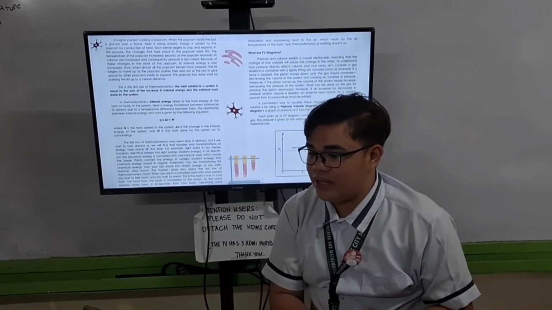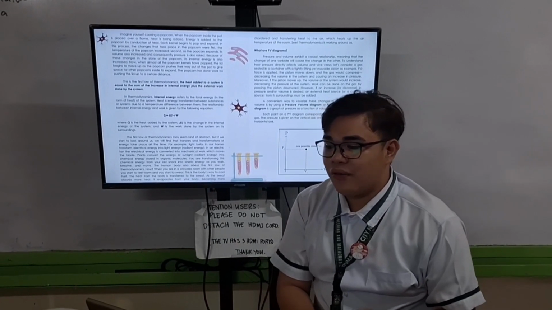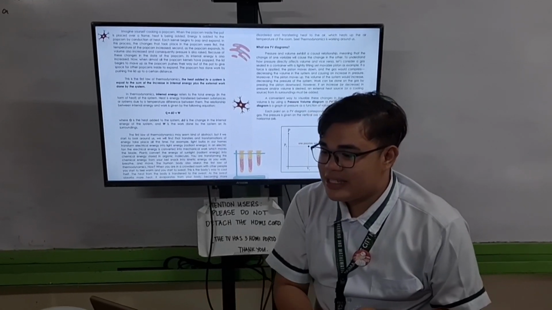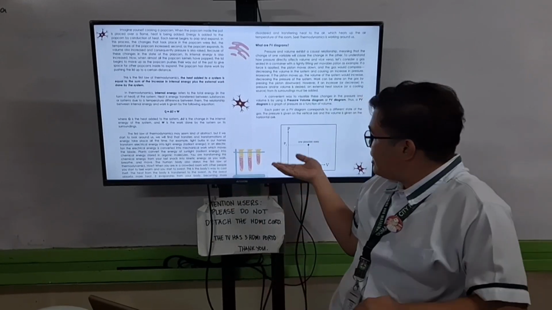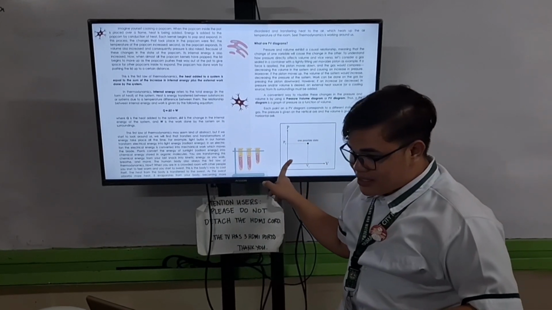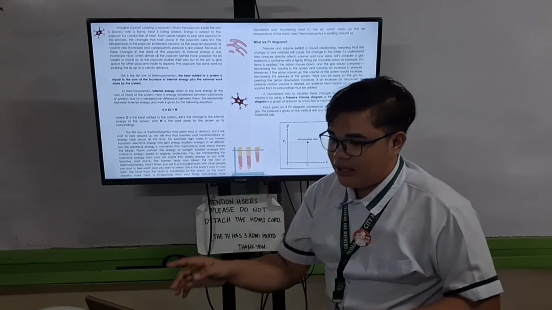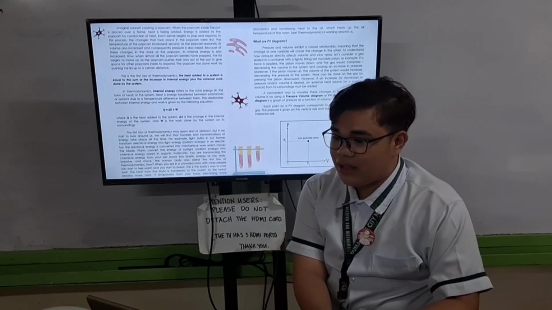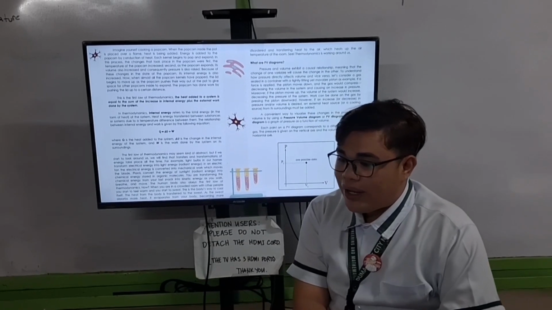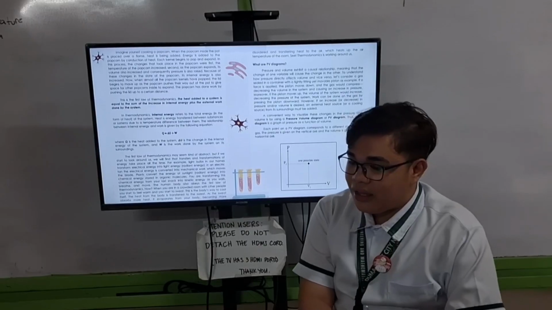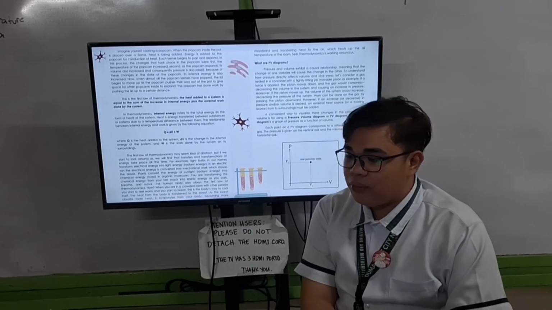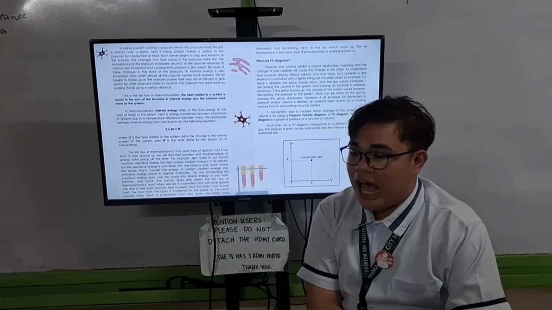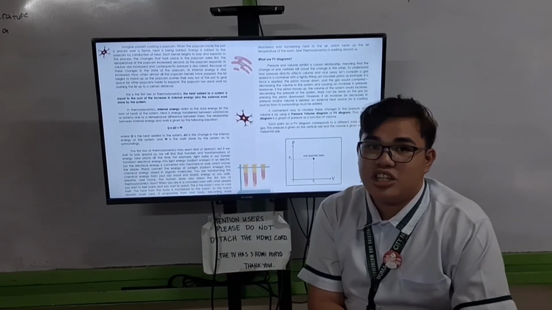And now, let's go to what a PV diagram is. In a PV diagram, P stands for pressure, which is on the vertical axis, and V is volume, which is on the horizontal axis. As you can see on the picture, this one is vertical and this one is horizontal. Each point on the graph shows one possible state of the gas, its pressure and volume. When the gas changes, for example when heated or cooled, the point moves, forming a path on the diagram. In short, a PV diagram shows how the pressure and volume of a gas change.